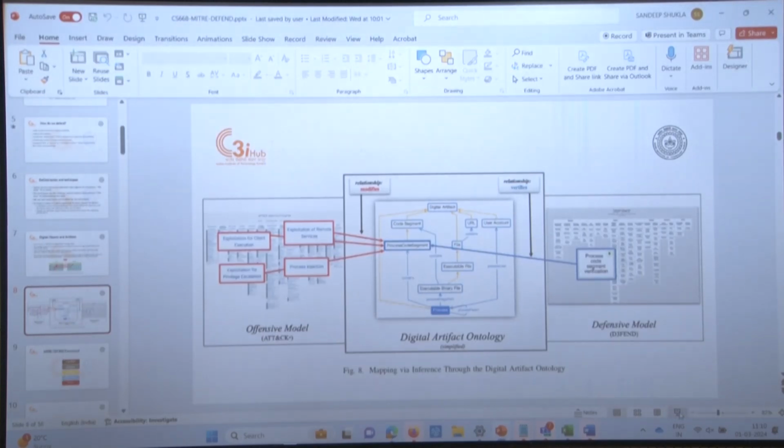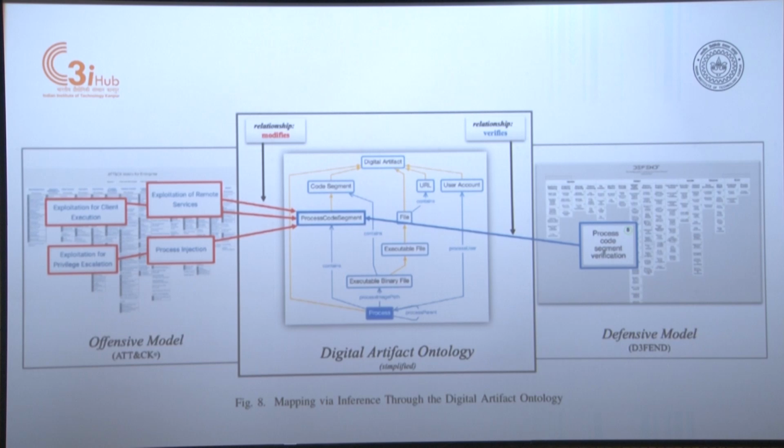Okay, so coming back to the DEF3ND framework. We discussed that digital artifacts are basically the connection between attack and defend models. So, for example, suppose there is an exploitation for client execution or exploitation for privilege escalation. So you have either an exploitation of a remote service or process injection. Now, the artifact in which you will find something,